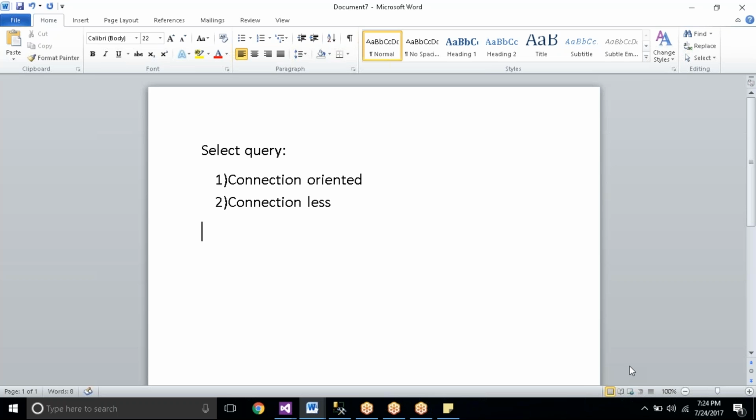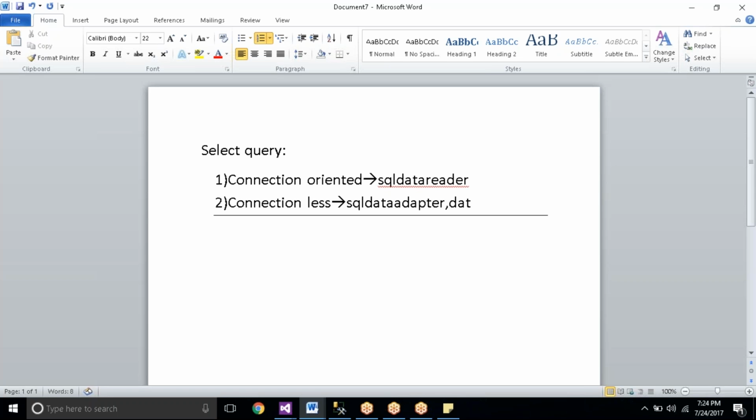If you want to work with connection-oriented architecture, we need to know about the SqlDataReader class. What is the class? DataReader. Very good. If you want to work with connectionless, we need to work with SqlDataAdapter and DataSet.